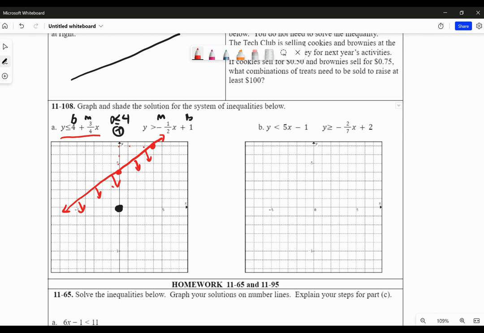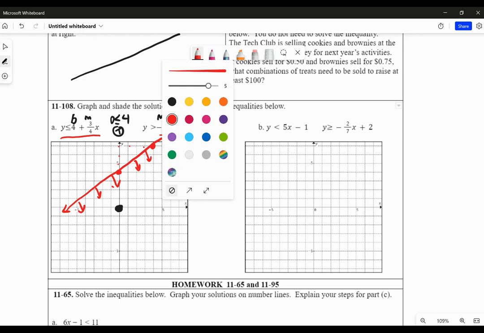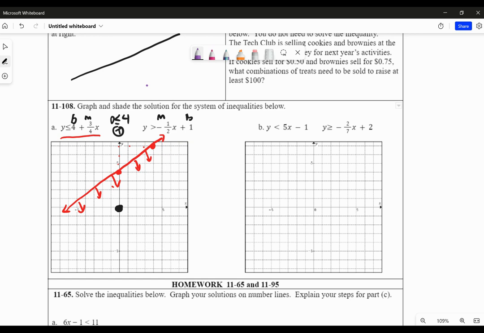All right, so now let's do the second one, and we're going to do the second one in purple so you guys can see it really well. So I'm starting at positive 1. There's my start. I'm going to go down 1, to the right 2. So down 1, over 1, 2. Put my point right here. This one does not have an equal sign, so I'm going to have a dotted line